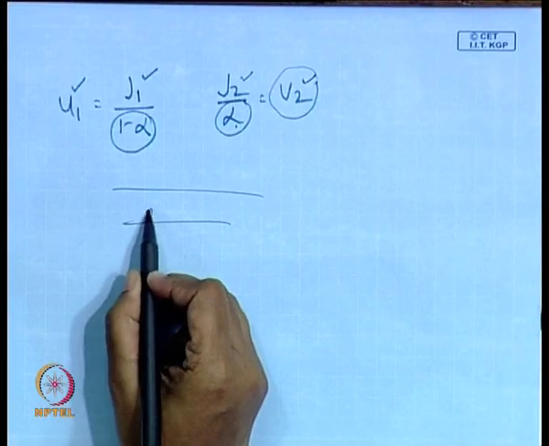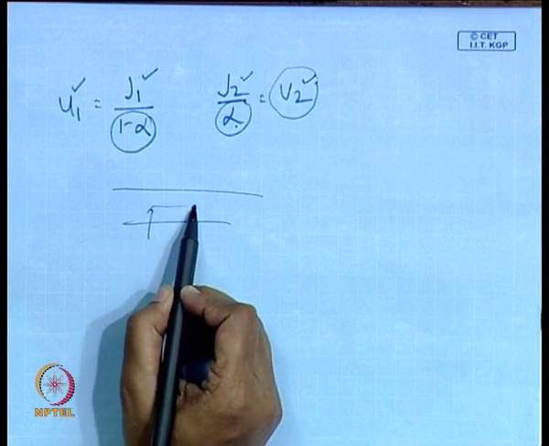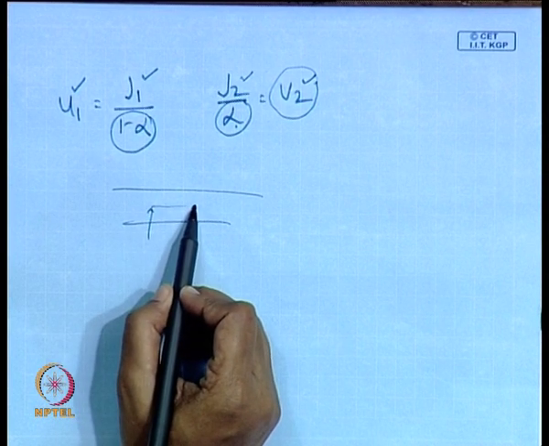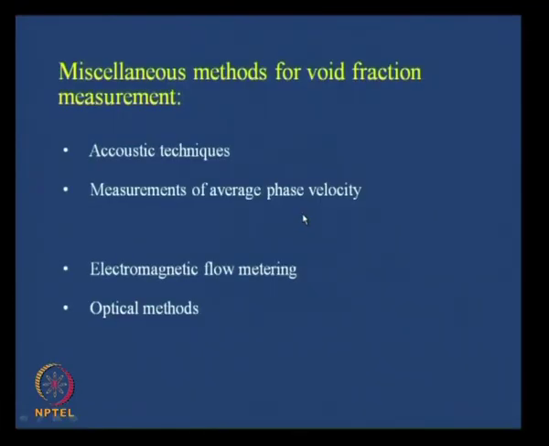Now, what can we do? Suppose two phase flow is occurring here, we simply inject a radioactive tracer. This radioactive tracer will be flowing at the in situ velocity of the continuous phase, okay, or the phase which absorbs it. So, accordingly we can measure the in situ velocity of that phase, yes or no. So, this is one particular technique which I have written as measurement of average phase velocity, which can be done by a radioactive tracer technique.